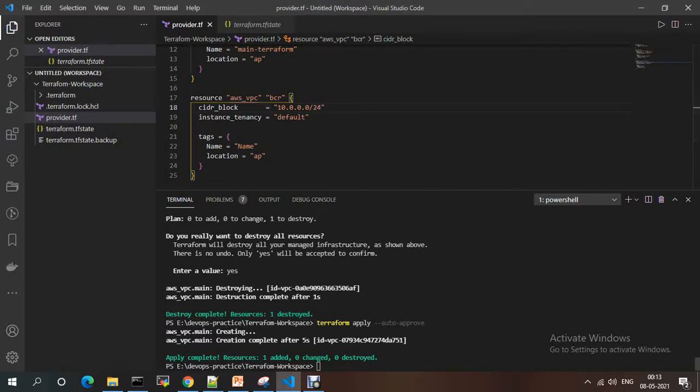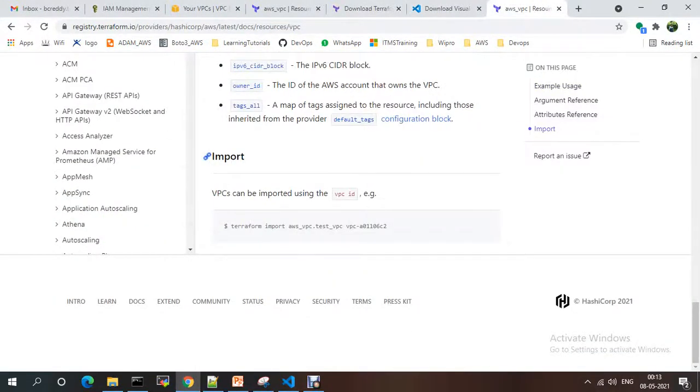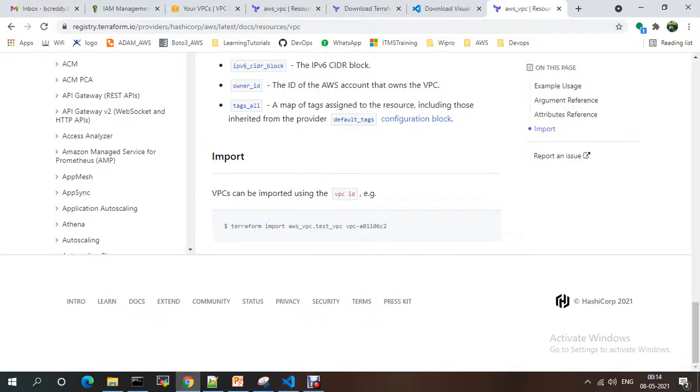Once that is done, you just need to import it. Under this, you use terraform import aws_vpc.vpc_name and the VPC ID.